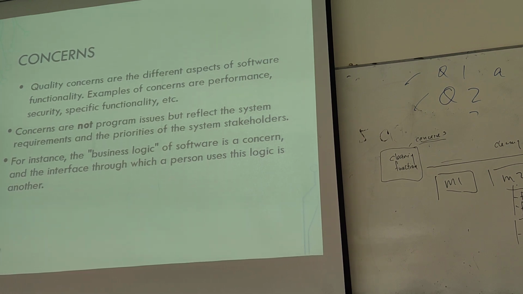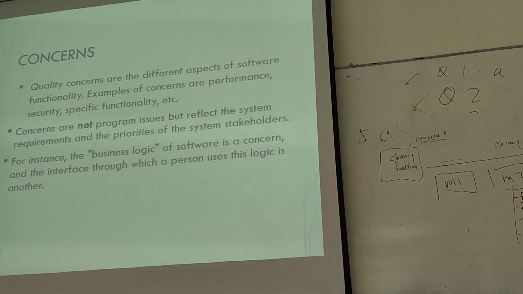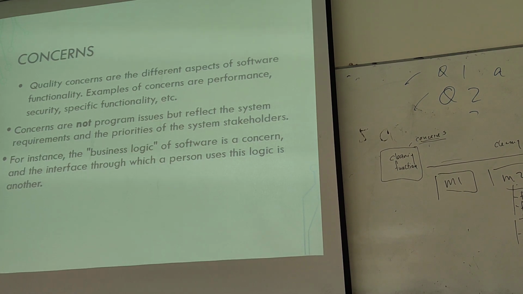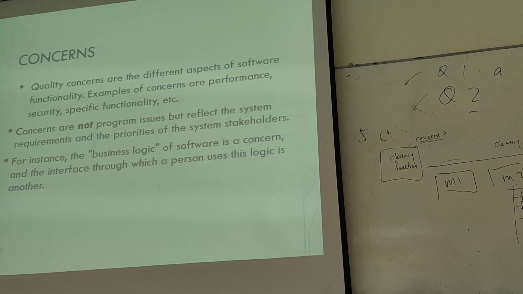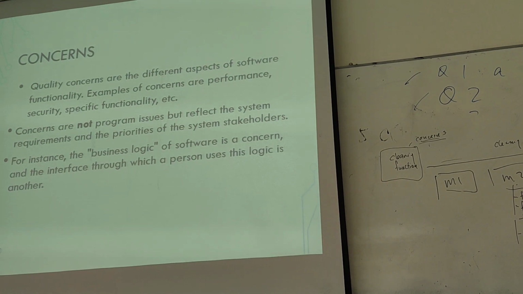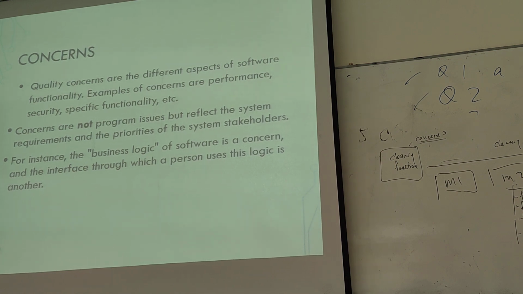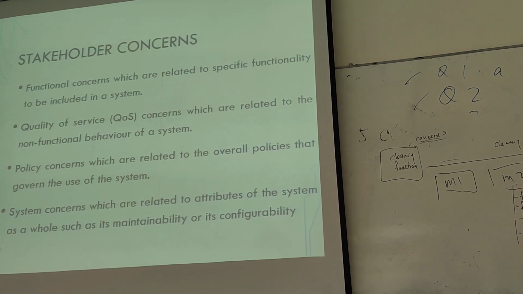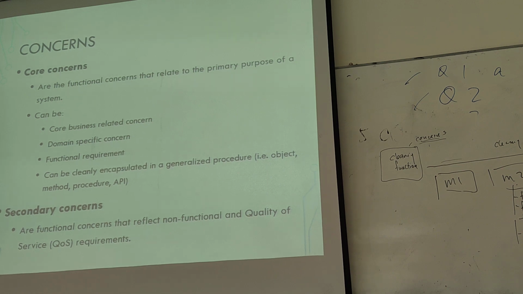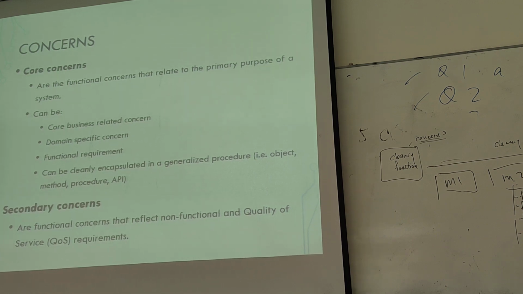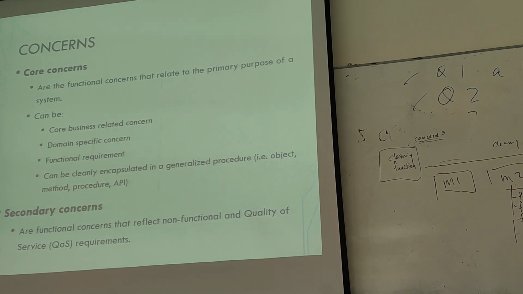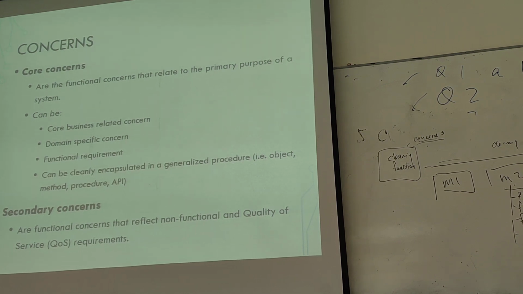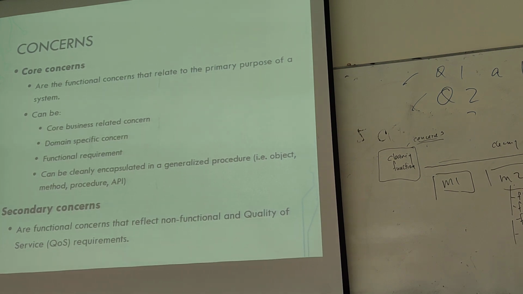Quality concerns are different aspects of software functionality, for example security, performance, specific functionality. Concerns are not problem issues, but reflect the system requirements and the priorities of the system stakeholders. There are core concerns and secondary concerns. Core concerns are those functional concerns that are related to the primary purpose of the system. It can be the core business